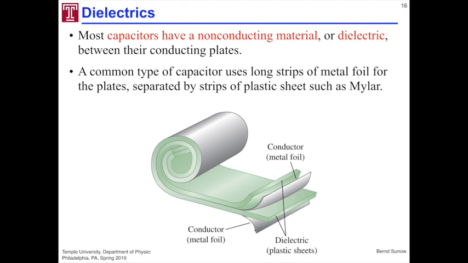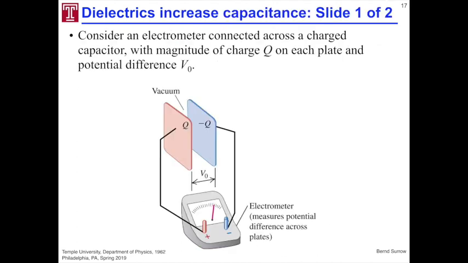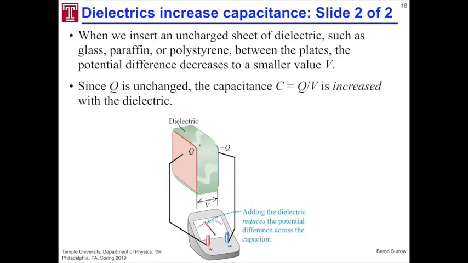For a cylindrical capacitor, you have a conductor, one metallic foil, and then you have a dielectric sheet in between, and you roll this up and you come to a cylindrical configuration like that. Now, what happens if I have a capacitor and I stuff a dielectric material in between afterwards? So imagine I give you two charged plates here, one carrying a charge plus Q, the other minus Q. They're separated by a distance d. There's vacuum, and therefore you measure a certain potential difference. If I'm now inserting a dielectric material in between here,